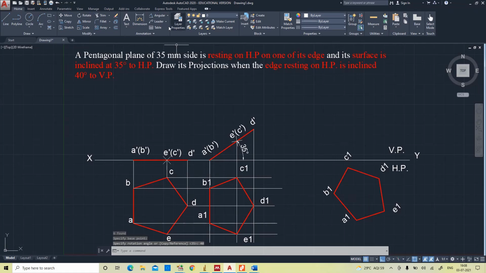If you see, it is having 50 degrees. So this is wrong. I'll tell you.